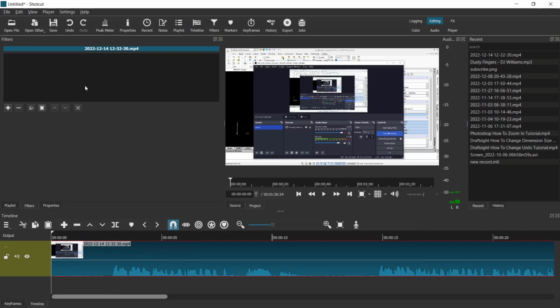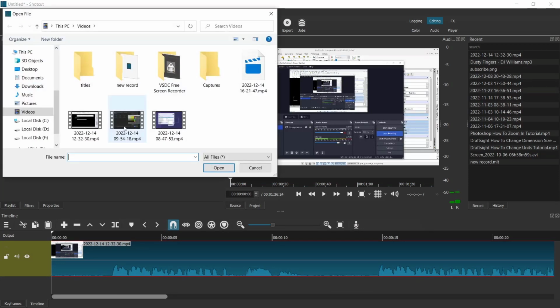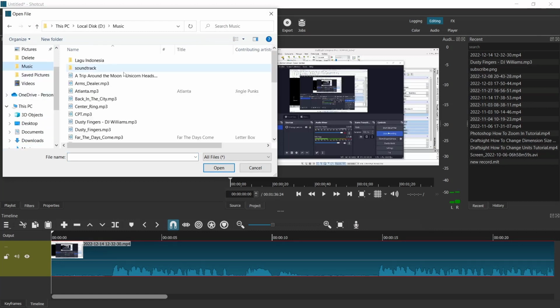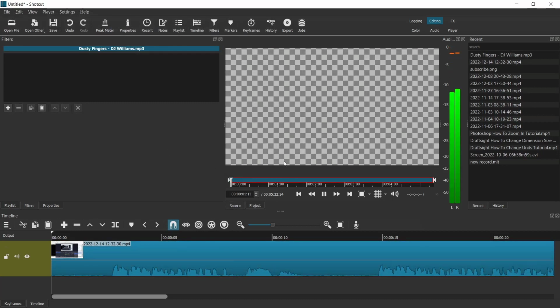And then for music, you can open file again. I will search for example music. Okay, this is it. And then if you want to attach this music into the timeline, you can right click in this